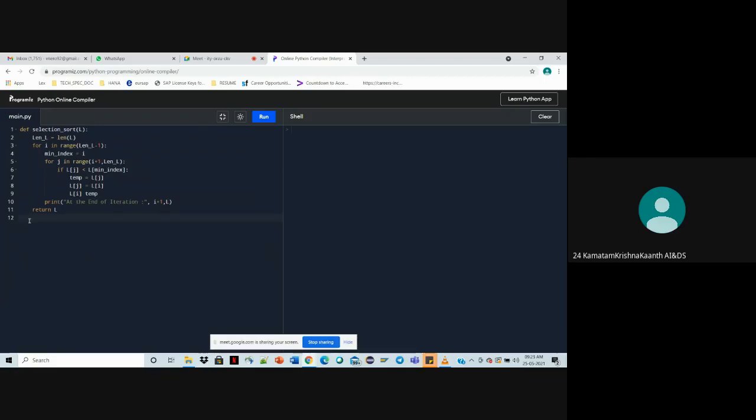For this, we have to create an empty list first of all. We have defined the list as L, so L is equal to an empty list. And we take a variable n, for the user to enter some input. We are calling integer, and in integer we have to put input, because if you don't specify integer, it will take it as a string variable. Input: enter the number of elements.